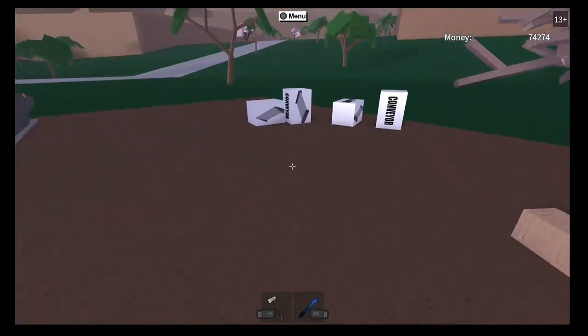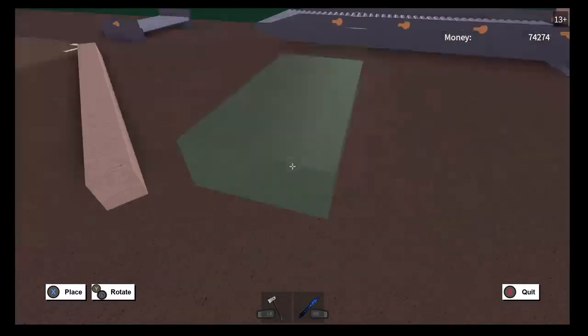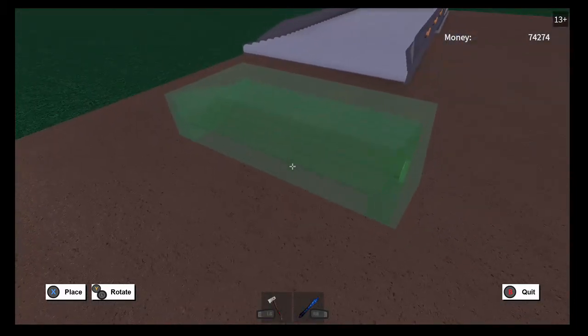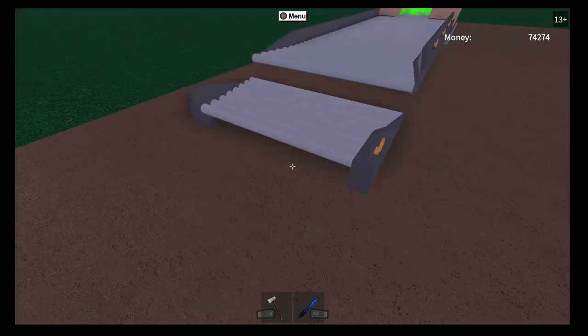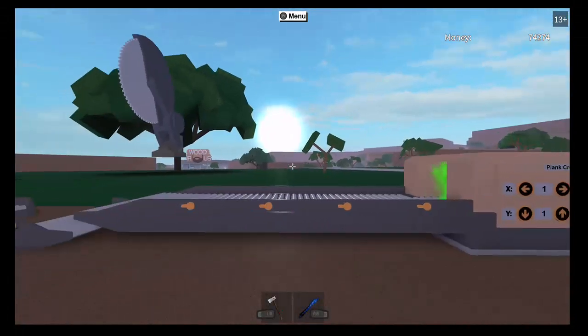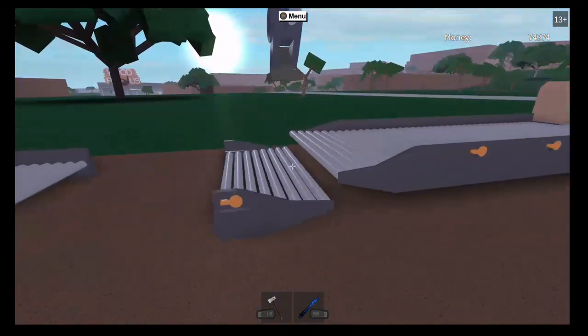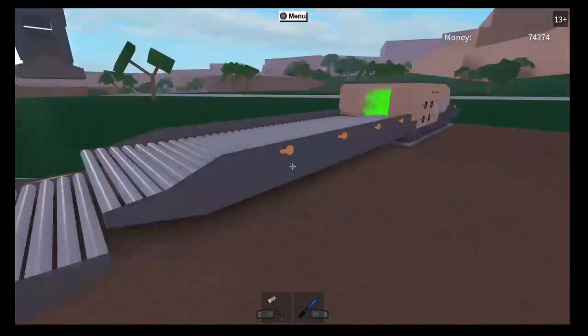Now, you don't have to do this next part, but I highly recommend it. We're going to put another conveyor down here. Now, this is 1 unit lower, which is why I was saying we could do a maximum of 3 units high. Because...